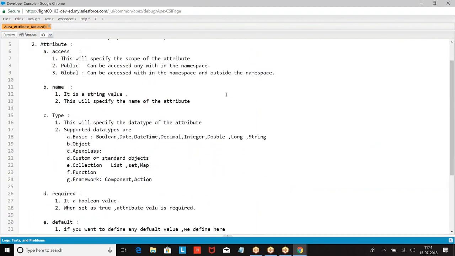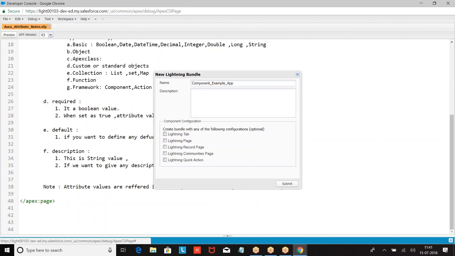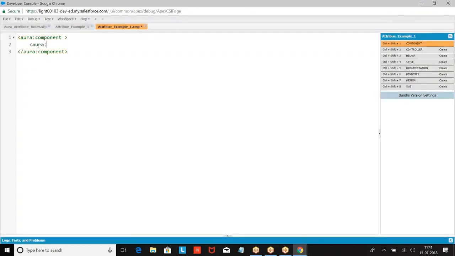So defining an attribute, let us see how to define an attribute for a component. aura:attribute name equal to empName, type equal to String. aura:attribute name equal to, type equal to.